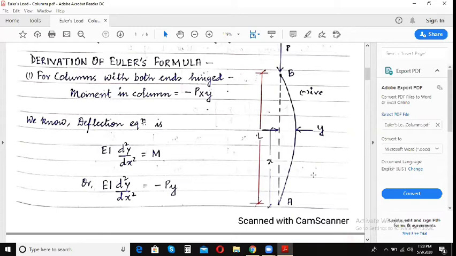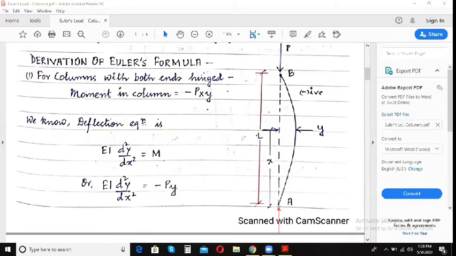Okay, so first look at this figure. In this figure we can see a straight vertical dotted line. Now this dotted line refers to the column. And this column is subjected to vertical compressive loads, that is from the top, and another load will be acting from the bottom, like this. Okay, what is going to happen?